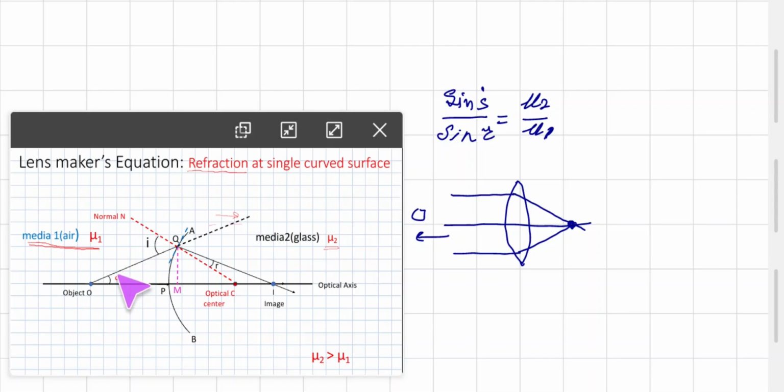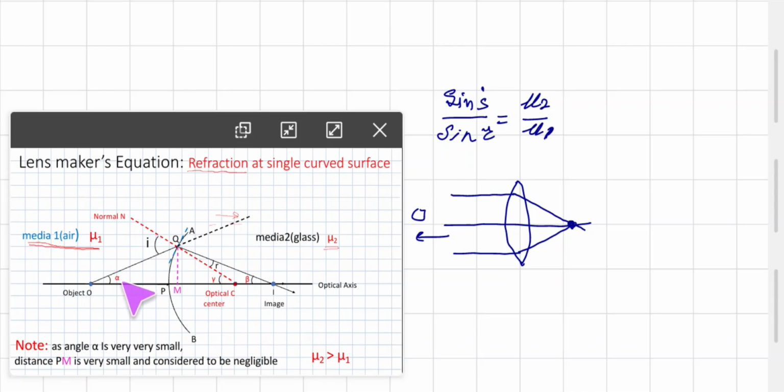Now the angle made by the ray which is coming to point Q is alpha, and as angle alpha is very, very small, distance PM is very small. So you should remember that alpha being small means these two points are very close to each other. In this figure we see a very large angle, but it is not the case. It is shown larger simply for understanding and explanation. Otherwise the ray which we consider is very close to the optical axis, which makes a very small angle.